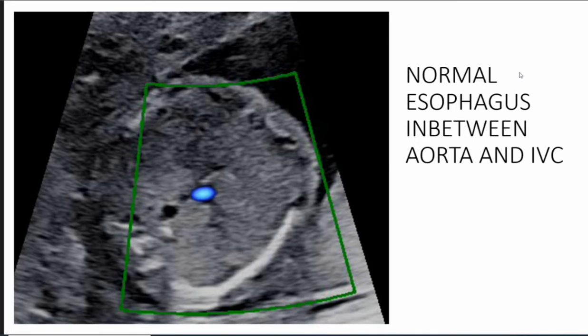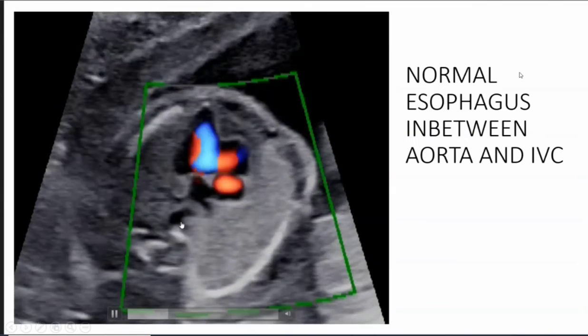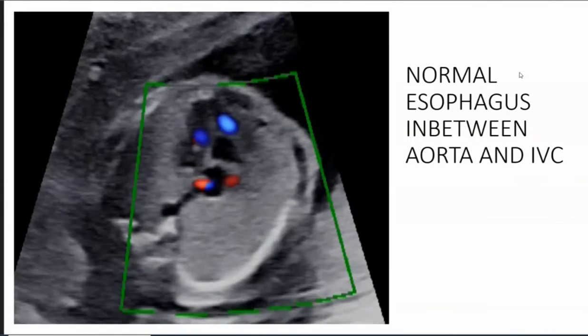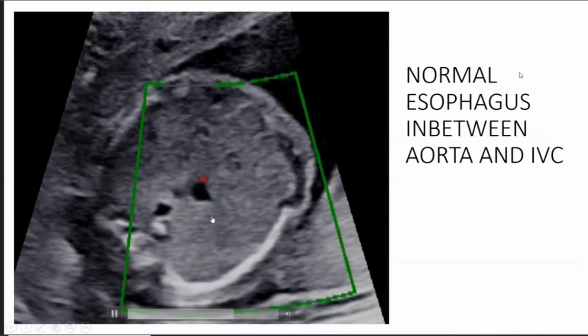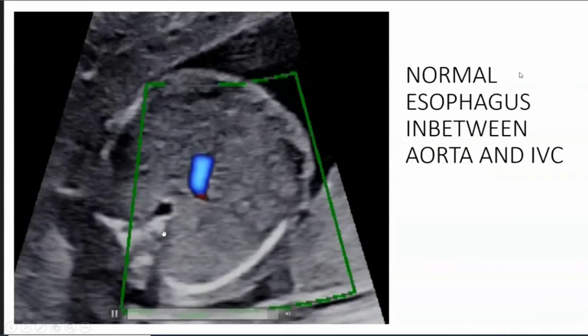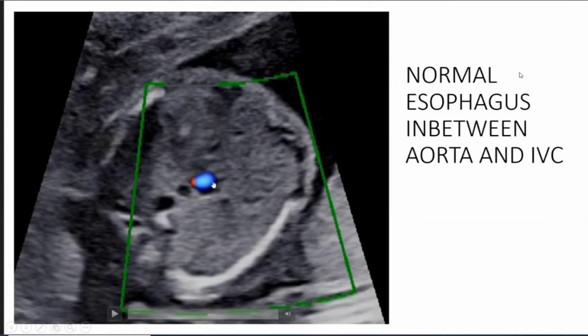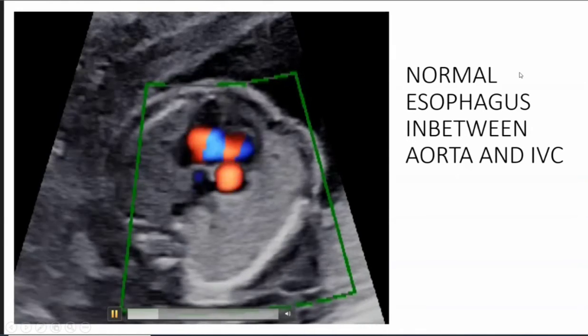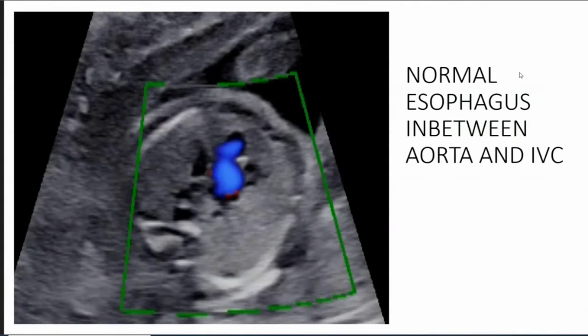So here we have an abdominal view where the IVC and aorta have been taken up into the cardia. In the abdominal view, you can see that the aorta is immediately anterior to the left of the spine. IVC is more anterior and slightly to the right of midline. So this is the left-sided aorta, this is the right-sided IVC, and in between we have the esophagus. So that's the upper abdominal view in